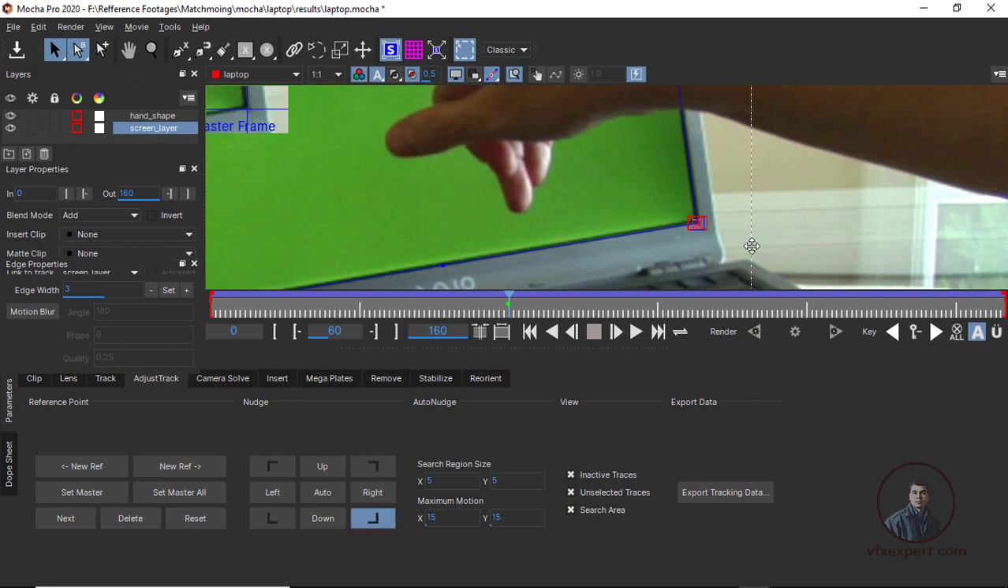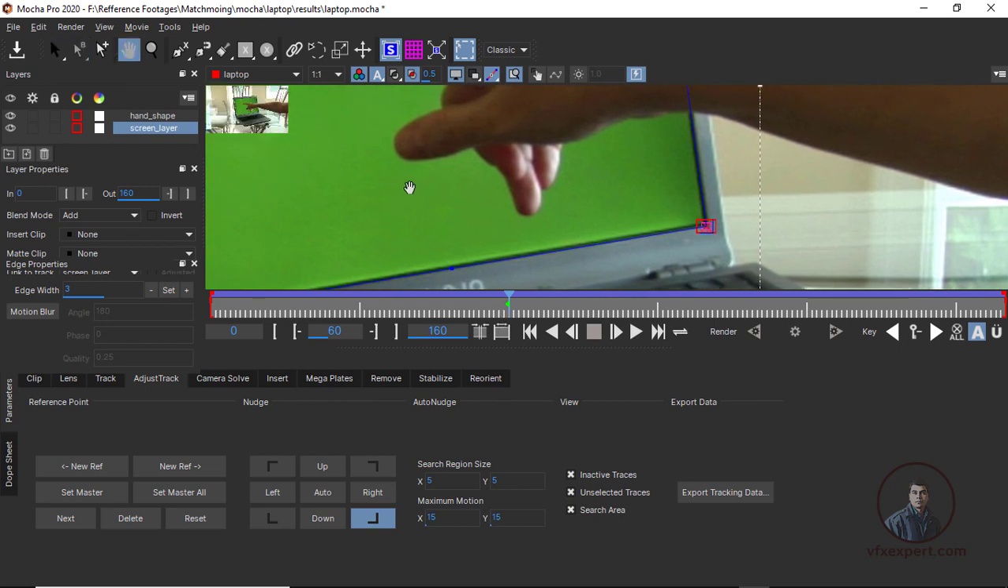Now you will see here, with the help of these options, up, down, left, right or auto, you can adjust your points, or you can also move them on screen. Okay, now we will see. Now here you will see,